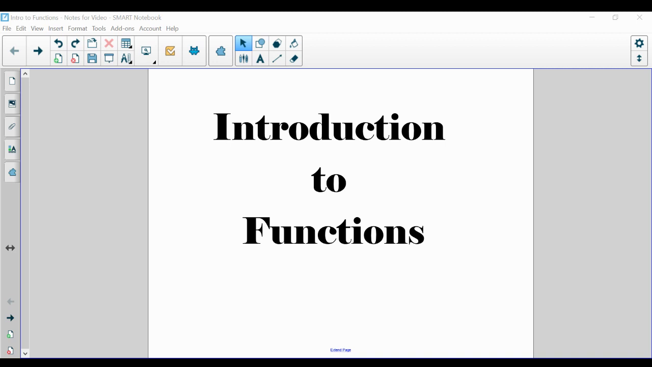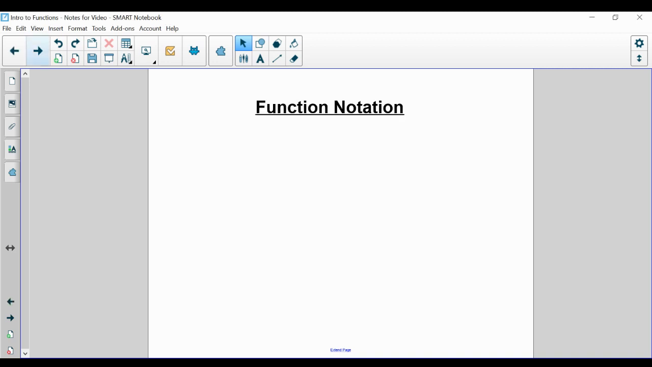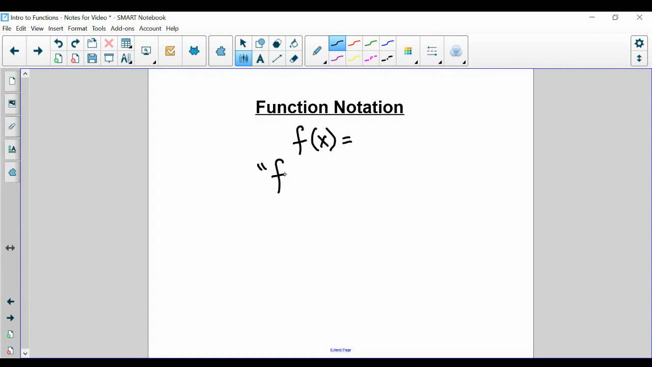The new concept of functions. So we have something in math called function notation. And function notation looks like this. And what this means, the way we say it, is f of x. Or in other words, it's a function